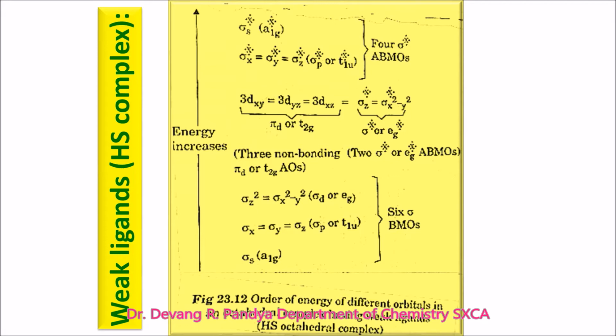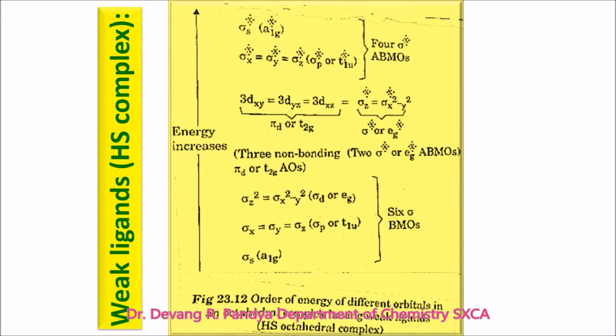little less compared to splitting energy, the value of EG star is not that much high as we found in a strong field ligand or low spin complex. Here the difference between these two, T2G and EG star, is so small that the electron from T2G should enter into EG star very easily, and as a result, instead of being paired up in T2G, electrons try to enter and remain unpaired into EG star as well, and as a result we are going to get a high